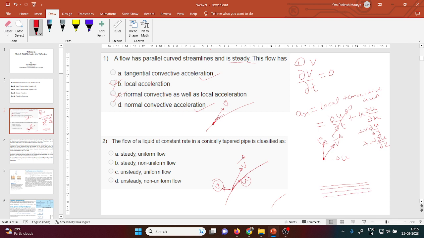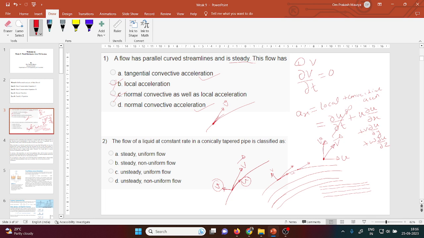But if the streamline is curved, the velocity has two components: one is tangential, and another one is normal. If you draw the tangent here,